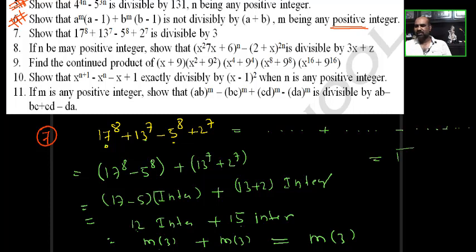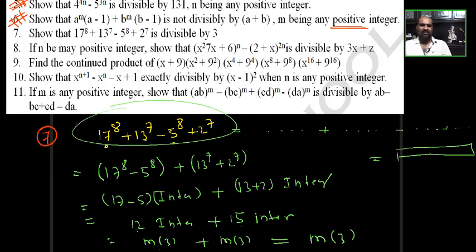After that you get a bigger number. Now you want to check whether that number is divisible by 3 or not. That will become very difficult to know. So logically you want to prove that this number is divisible by 3. That is the use of the number theory concept.